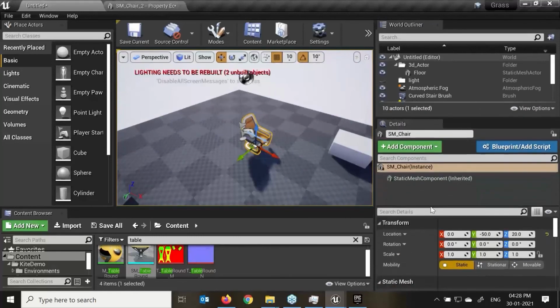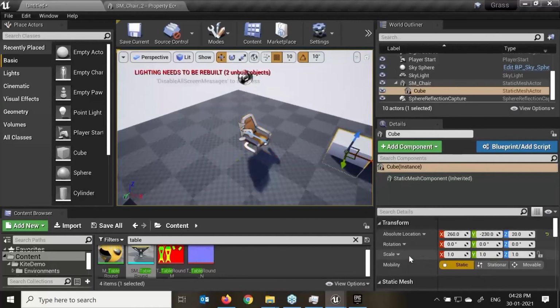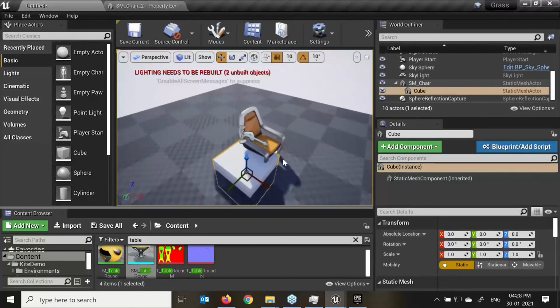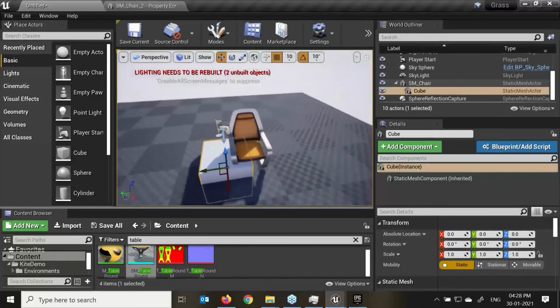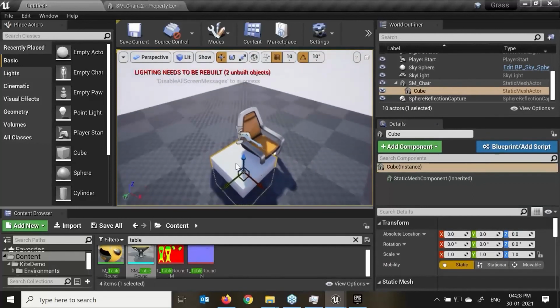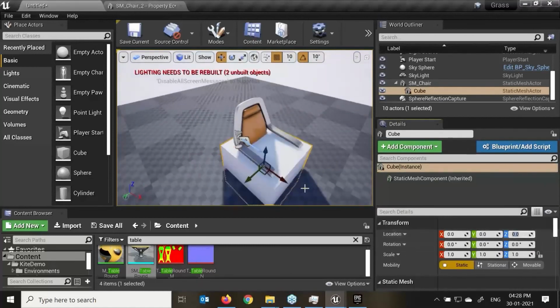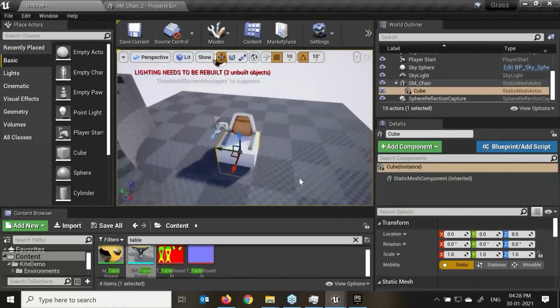Now if you look into the transform, into the locations, there is one option called relative and world. Correct? Now I'll select my object and go to the world. As of now, this is the world and this is my XYZ. Put these values to 0, 0, 0. So it becomes the center of the grid, right? The center of the grid has come. If I change it to relative and make this 0, my parent object, it comes to the center of that. So this is the difference between relative and world.